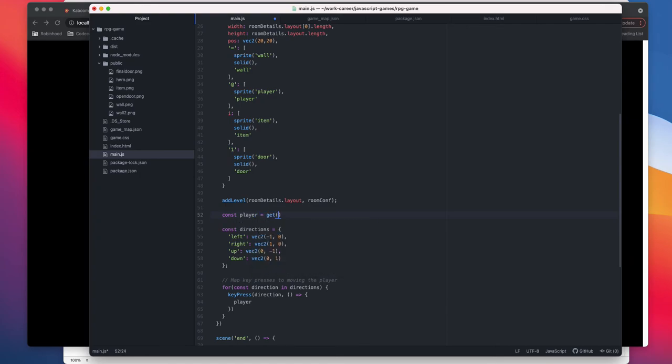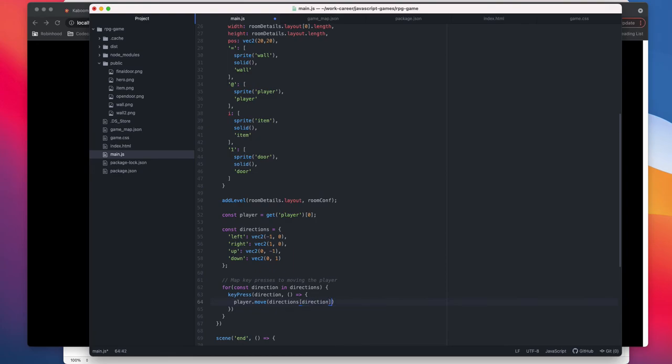So the way we can do this is, because we know everything is a key-value pair, and for the player we actually added this key here on line 36. So the way we can get the player object is by getting the player, and now we get an array. We know there is only one player, so we can give 0. If there were two players, then we would need to get both players in a different variable. So we'll have player dot move, and then we have